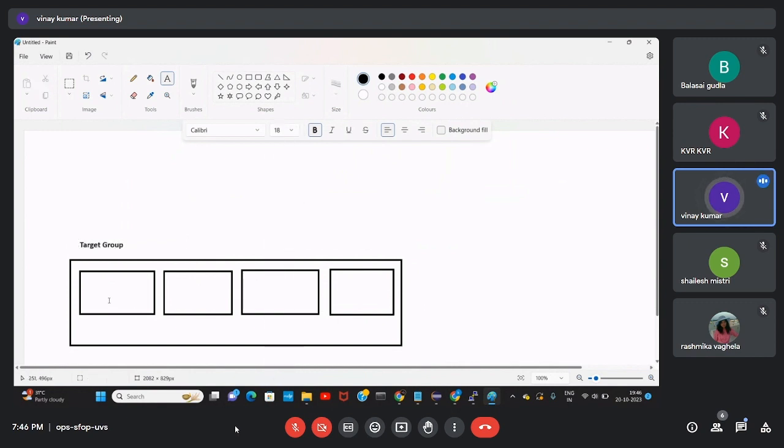See, you can call this one server 1, server 2, server 3, server 4.